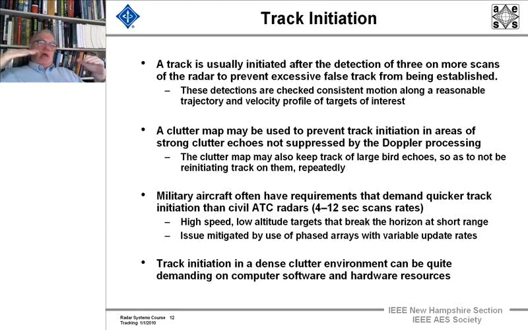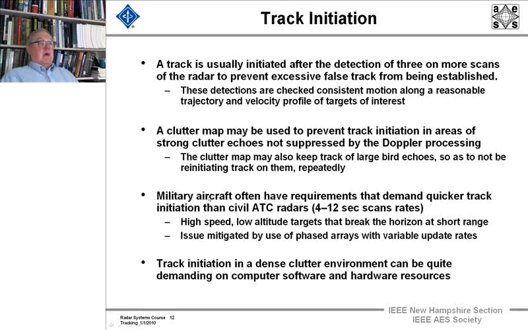The bird can be flying along, flapping its wings at 30 miles an hour and have a wind in addition at another 35 miles an hour or 40 miles an hour. And that can be equivalent in real velocity or speed of an aircraft coming slowly into land with an opposing wind. So you have to keep bird echoes like this, and a lot of the time, some radars do it,